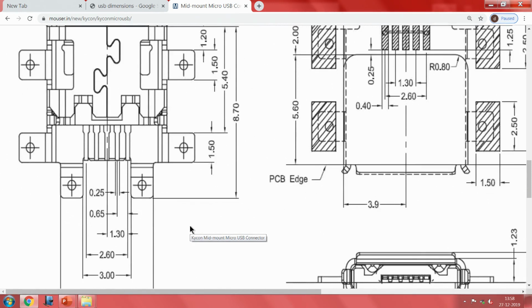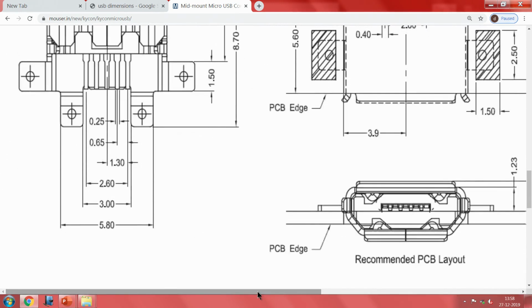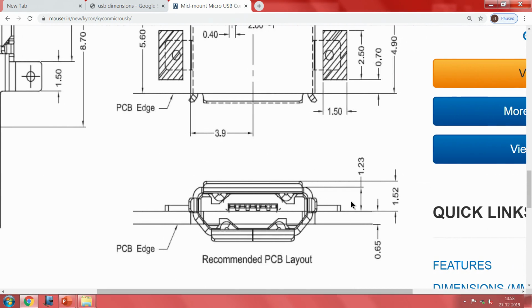You will see other things also have been given here, saying, after you put it on the printed circuit board, how much it projects out or in. The level on top of the printed circuit board need not necessarily be there, because unnecessarily you will be wasting space.